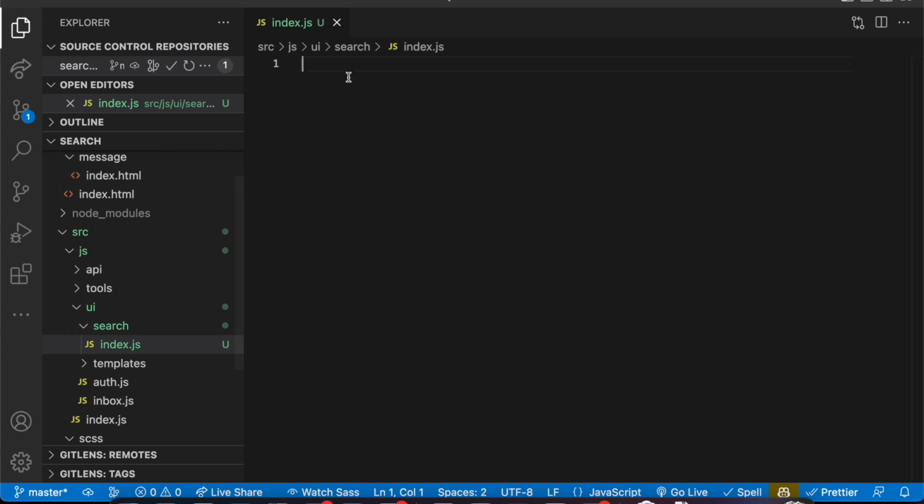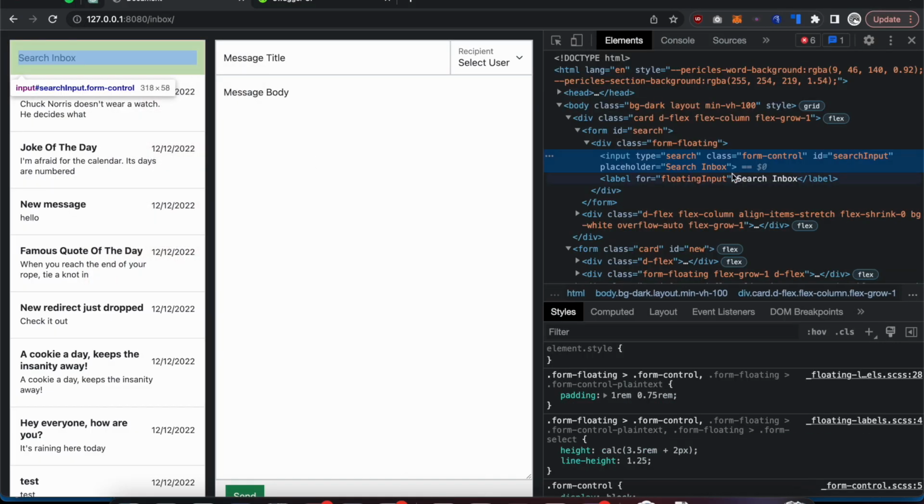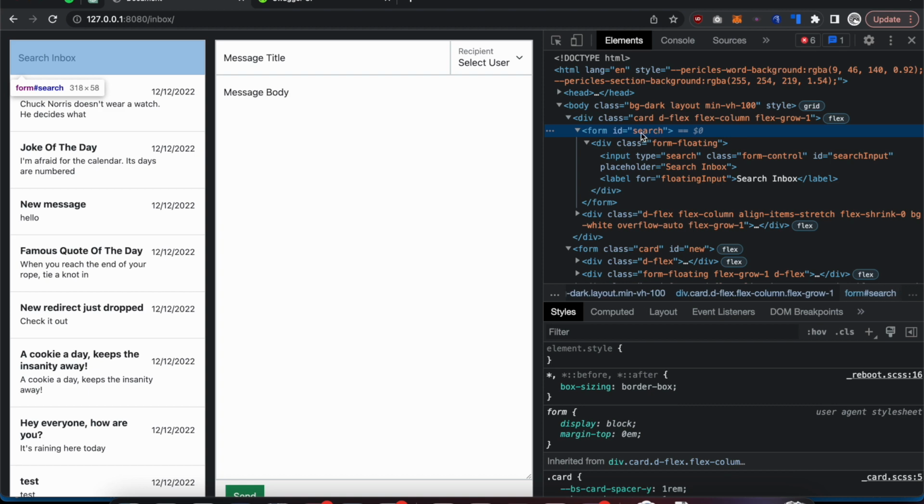So to start off with, I'm just going to work in the index file, and then we can add extra files to this later on. So the first thing we're going to need is this search element. It's got an ID, and it's within a form that also has an ID. So that's probably the best thing to look for, because we can bind to the submit event for this form instead of, well,